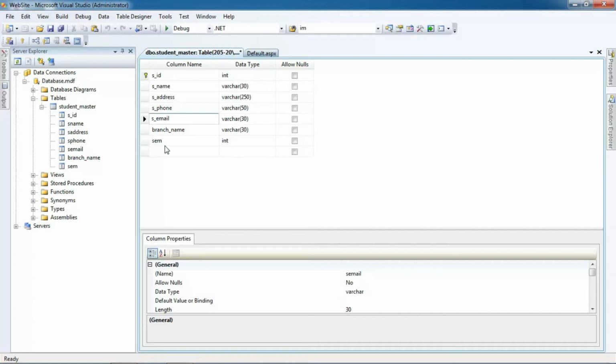And we'll save this table. So the effects are applied over here. This is how you can create any table in Visual Studio in any database that you have already created, and you can continue your dynamic website creation.